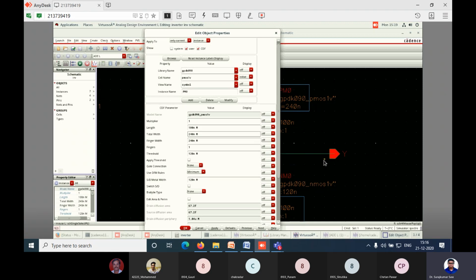Please wait, I have to go there. Mohammed, go to the properties. Click on PMOS. First, if there is a square around it, only then can you consider that the element is selected. A solid square. Just click there. Now go to the properties there only.